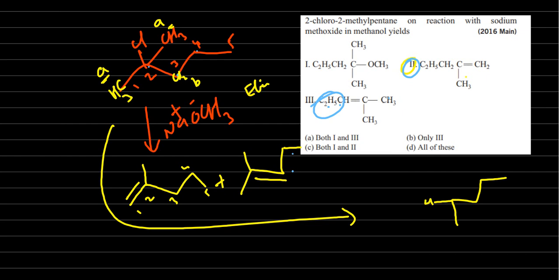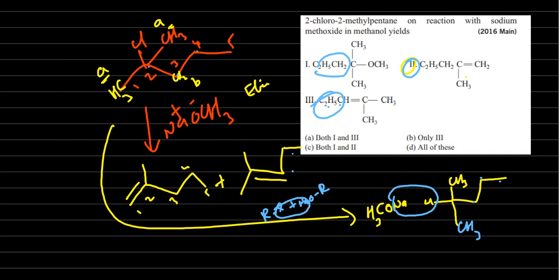According to Williamson synthesis, we will get this compound. Here chlorine is there, here methyl is there. This is sodium O-methyl. So what is Williamson synthesis? RX plus RONa, you have to remove NaX. So here NaX you can remove, then ether formation is there. So CH3O, next two methyl groups are there, then after two methyl, a 1 to 3 carbon chain. Yes. So D is the answer.